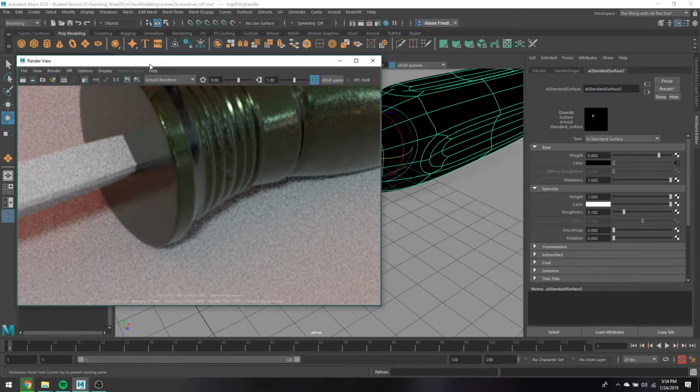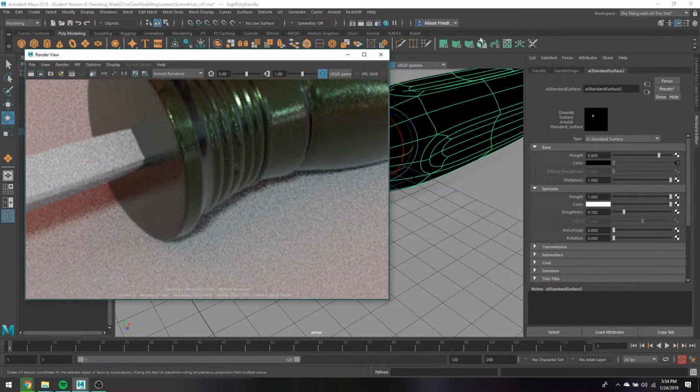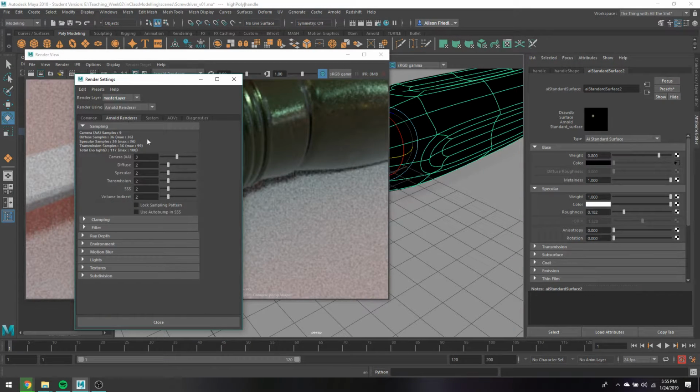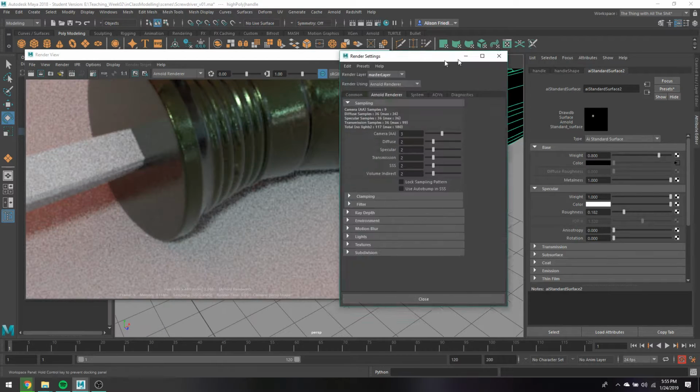That's caused by sampling. In Arnold, it's really easy to edit the samples. So if you go into your render settings up here, it's this little slate or clapboard, whatever it's called, with the gear icon under it. Right up here. So go in there, under the Arnold renderer tab, it'll give you all these sliders, and those adjust the samples